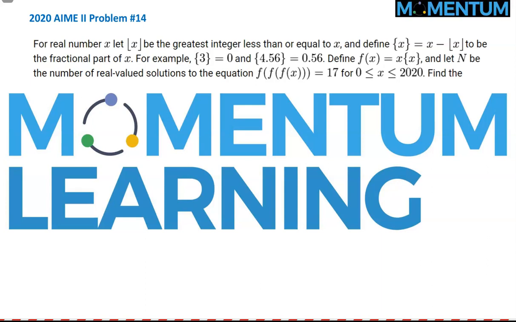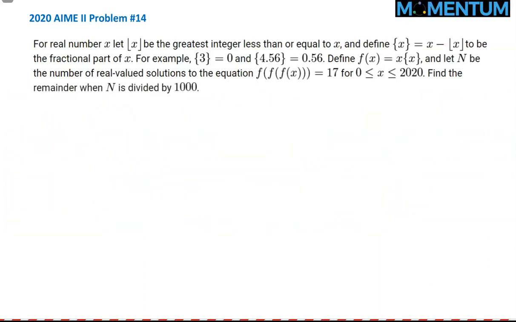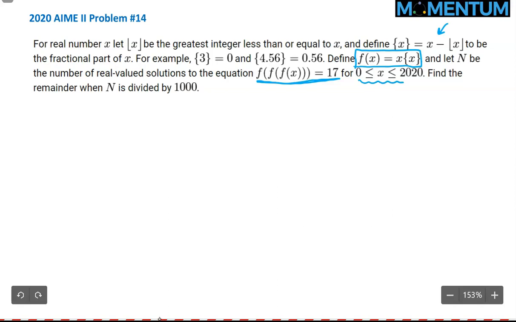This is 2020 AIME II problem number 14, and here is a view of this algebra combo problem. The statement of the problem is, I guess, clear, right? So we have a function defined as such: f of x equals x times the fractional part of x, and there's also a definition for that as well. And given that, we want to find the number of solutions to this equation in the given interval between 0